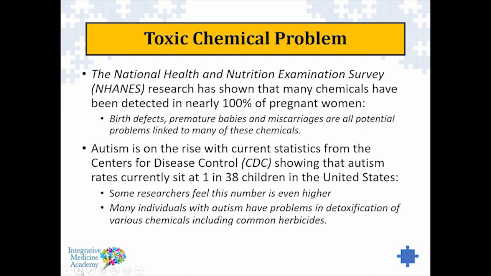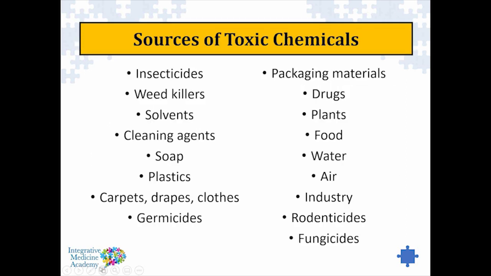We know that here in the US, and it's the same in other places in the world, there's a large number of autistic kids. The rates continue to increase, and depending on where you are in the United States, the rates can shift anywhere between 1 in 38 kids to 1 in 64, somewhere around there. And those statistics are fairly comparable to other countries as well. And a higher rate of certain chemical exposures in women who are pregnant will increase the risk of having a child with autism. So there are many different sources, from common things like insecticides and herbicides, to things used in our carpet, to paint,